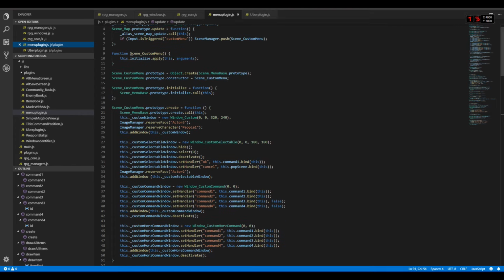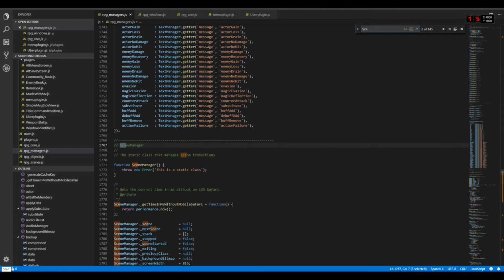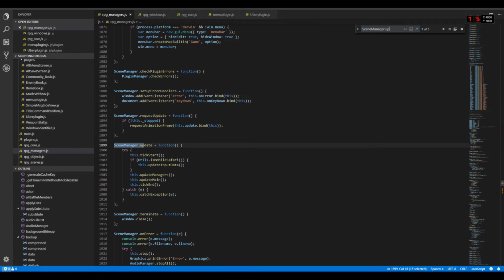For now, let's take a look at the Scene_CustomMenu.prototype.create function, which has these two lines, ImageManager.reserveFace and reserveCharacter. This is very important because if we take a look at rpg_managers.js, more importantly, if we search for SceneManager.updateScene,